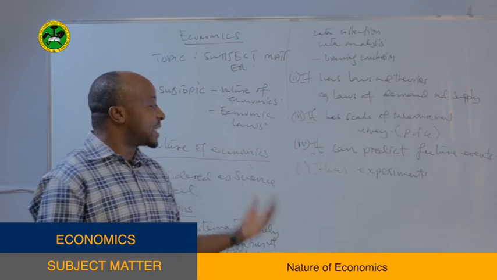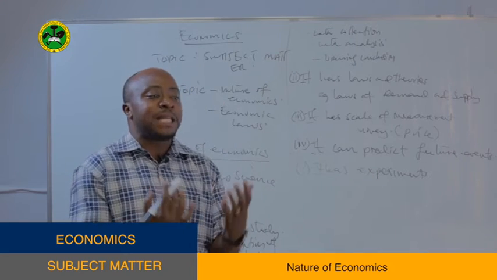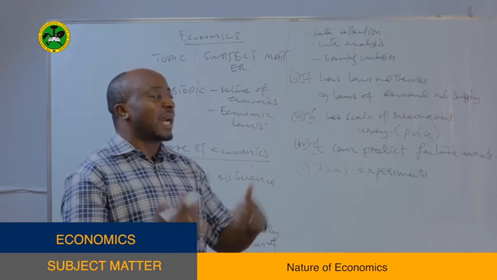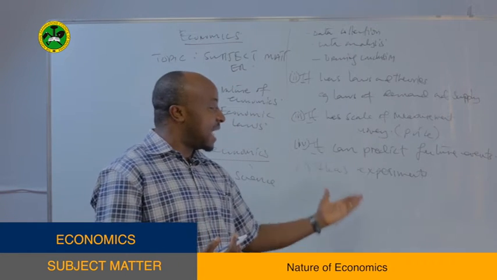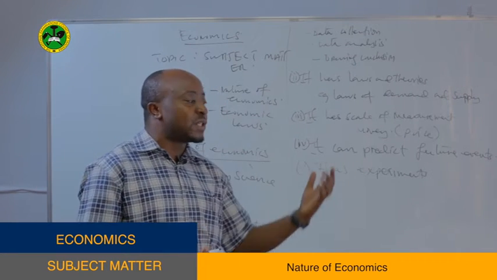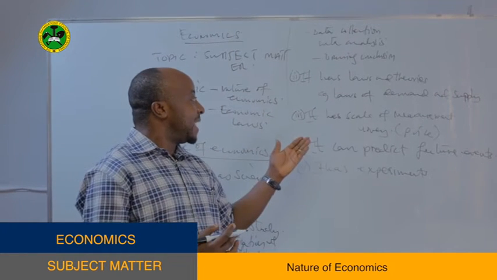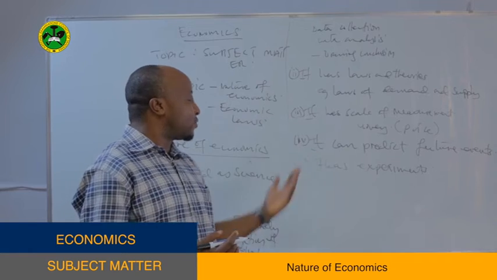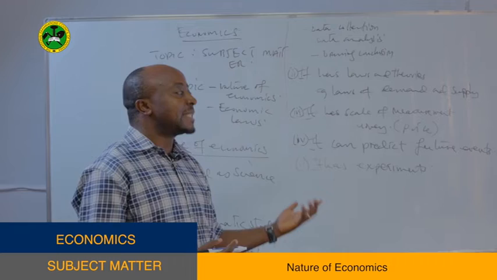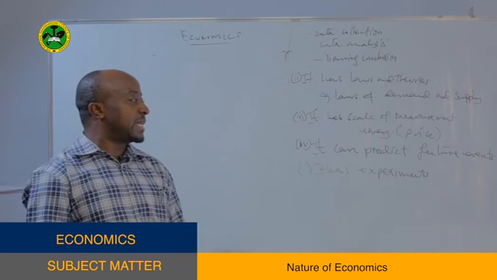As I said, if tax increases, it is going to reduce the consumption pattern of individuals, then we can prove it either mathematically or using a graph. So we consider economics as a science subject just because it involves experiments which prove the occurrence of different events. These are the reasons why some of the economists consider economics as a science subject. Now let's see one of the competent questions, question number 2,